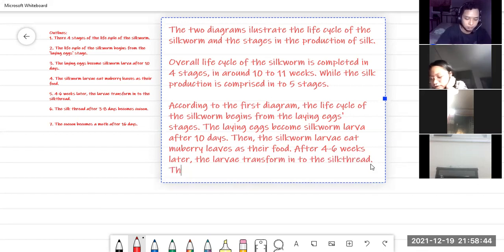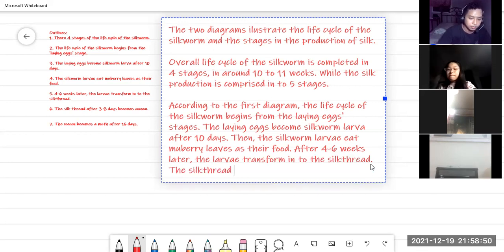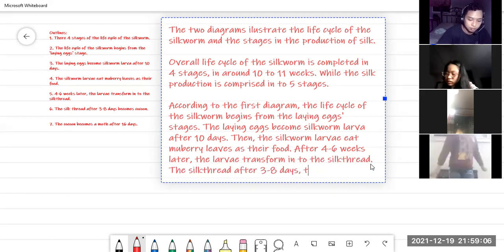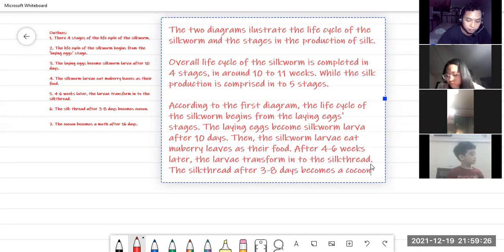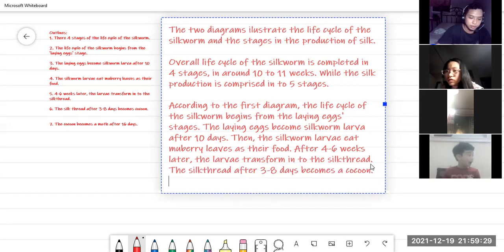The silk thread after 3 to 8 days becomes cocoons. After 3 to 8 days, finally, we get the silk thread. Okay, and then finally